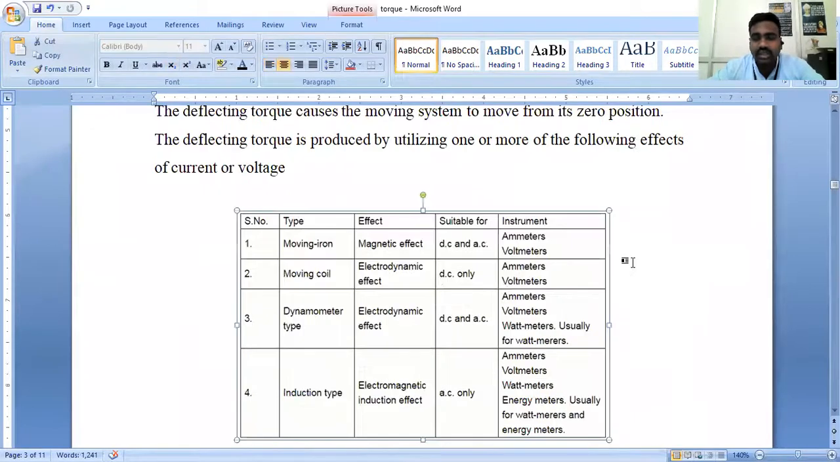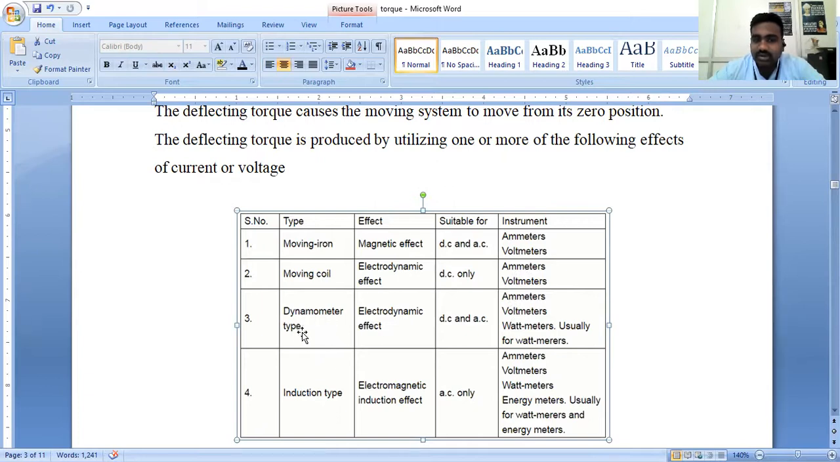So how can we classify the instruments in this context, by application? Various types of instruments are classified. One is moving iron type instruments, which work on the magnetic effect. DC and AC potential can be used. The moving iron instrument can be used as an ammeter as well as a voltmeter. Next, moving coil instruments work on the electrodynamic effect, only with respect to DC, for ammeters and